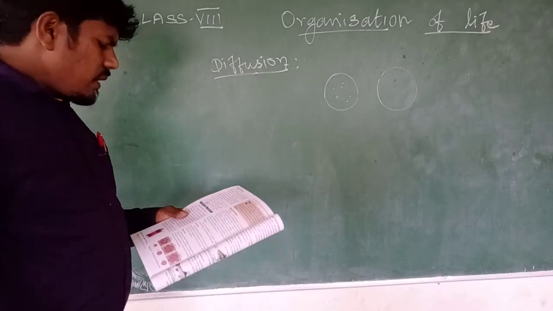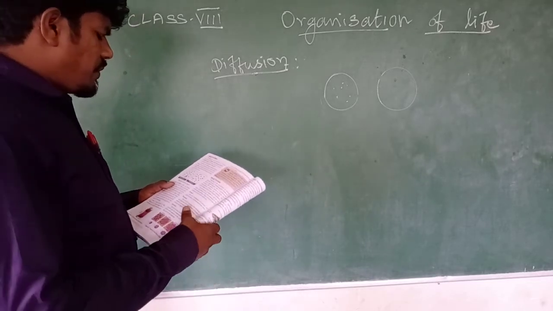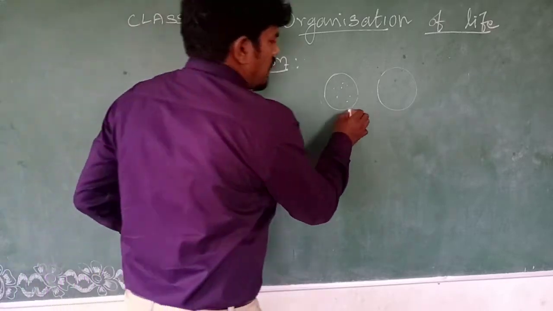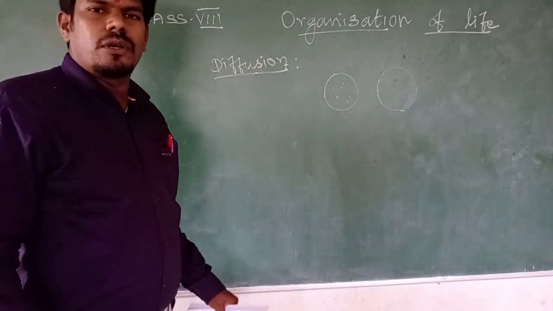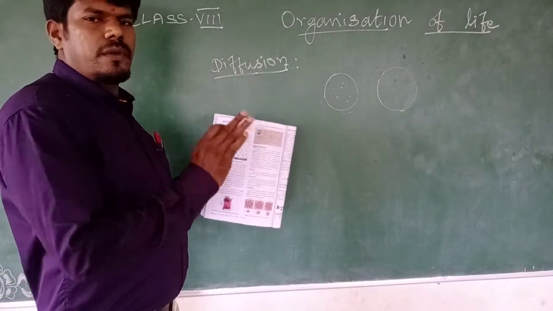And one of the simplest demonstrations of diffusion is the drop of ink in water. That means you have it before diffusion and then after diffusion. That means they are taking it in water. That's a simple demonstration. Demonstration means you have to understand. That's the reason they gave one example.